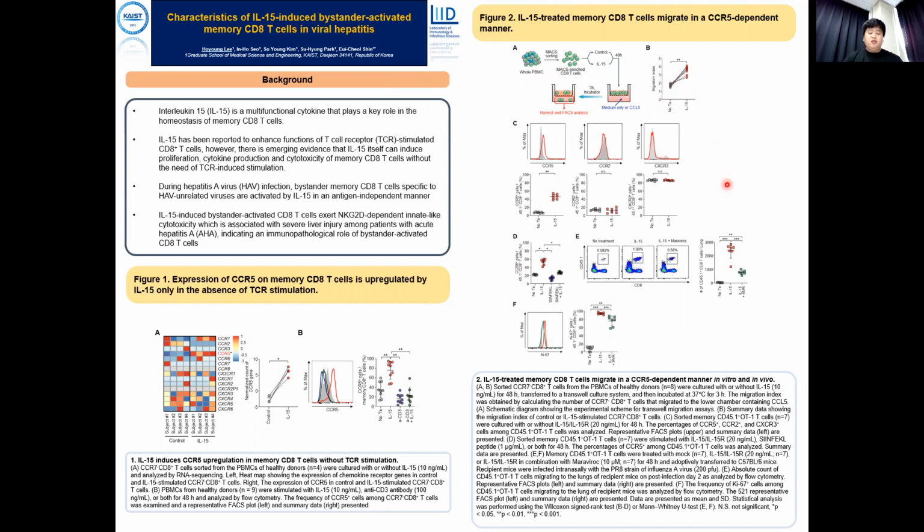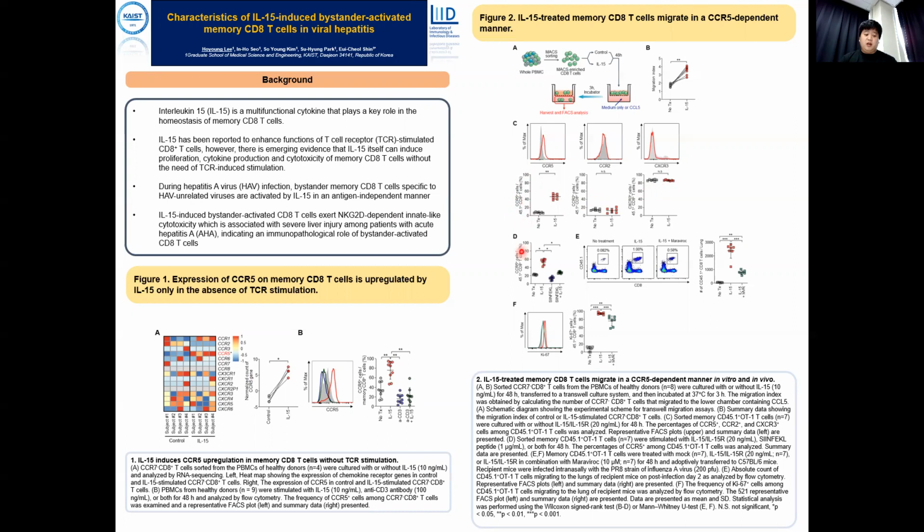Next, we adoptively transferred OT1 T cells into naive B6 mice and primed these transferred cells with vaccinia virus expressing ovalbumin. Subsequently, we isolated primed OT1 T cells using a congenic marker, then stimulated them in vitro with IL-15. Following in vitro stimulation, we found increased frequency of CCR5 expressing OT1 T cells